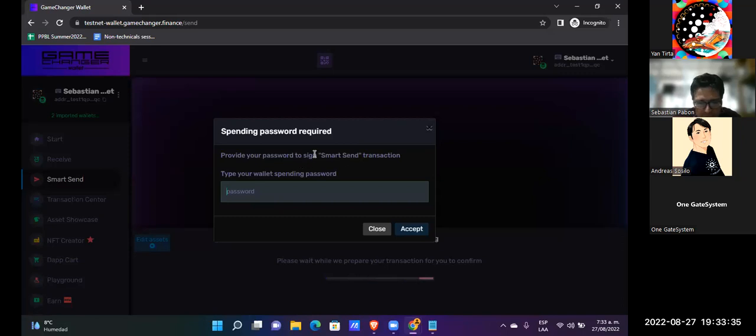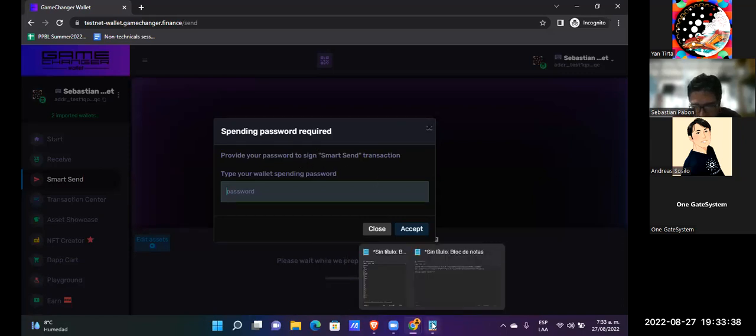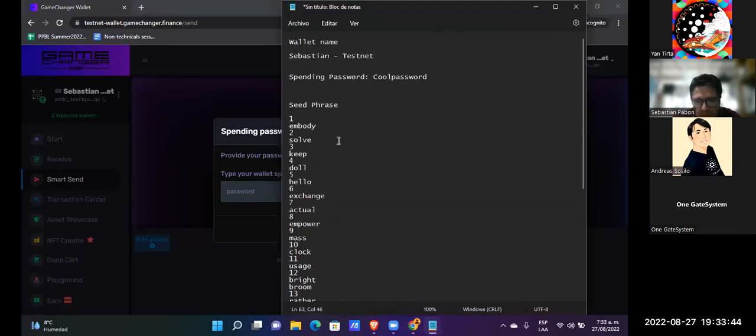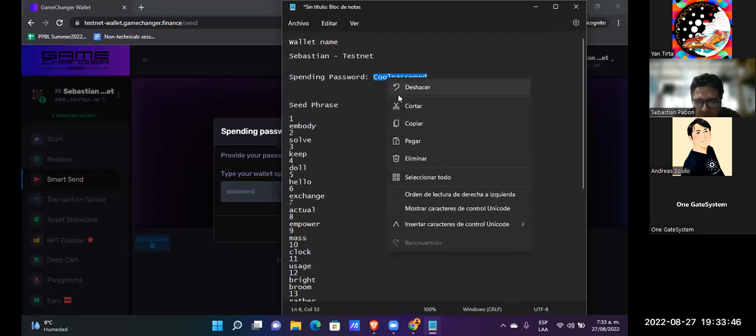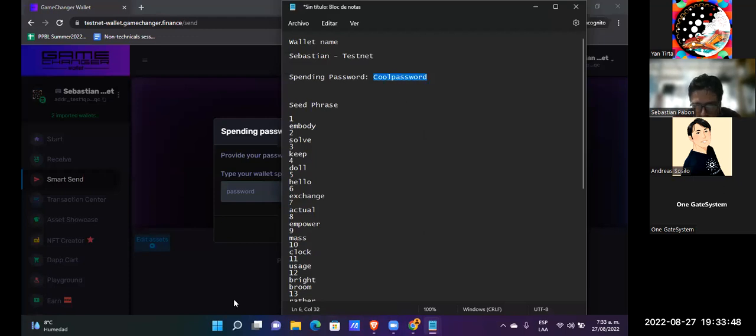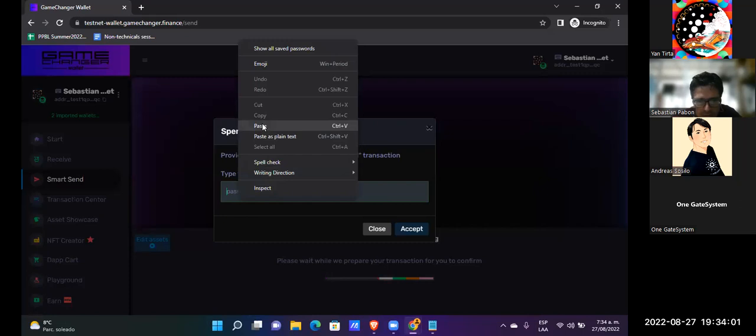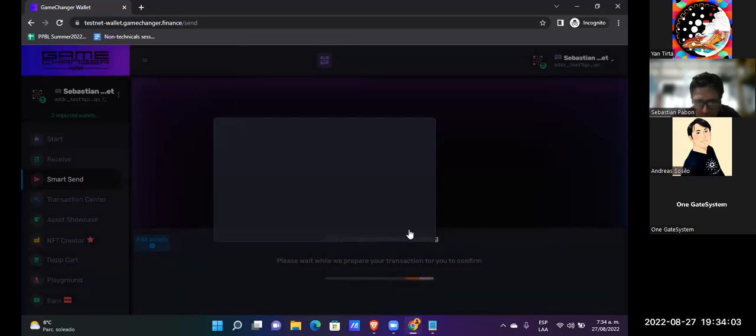Okay, provide your password to sign. This is the utility of this password. Each time you want to send some asset, it can be ADAs or tokens or some native token, you need your spending password.